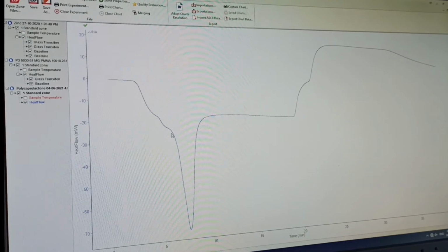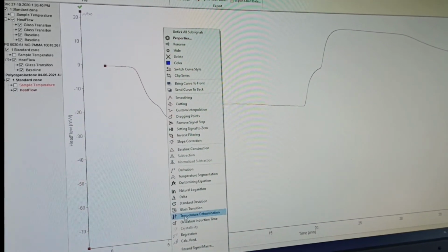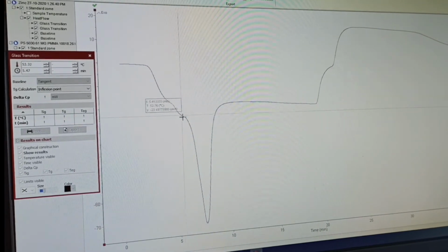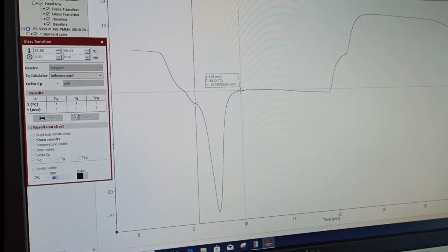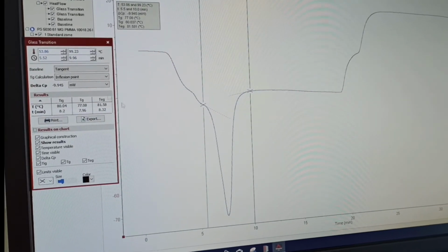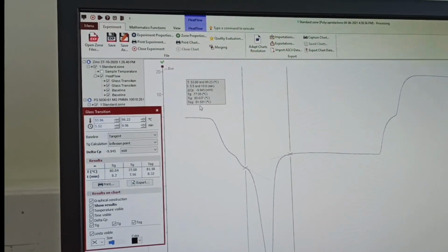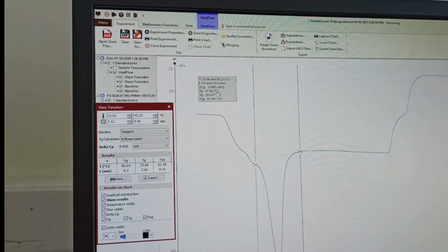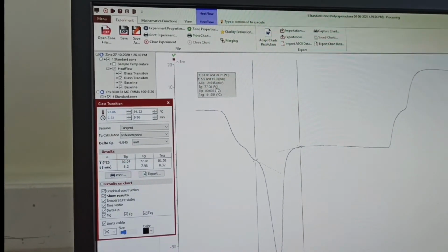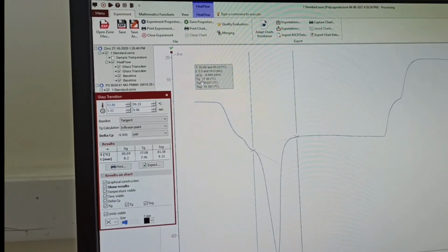Now if you want to find the Tg, you can click on that, go to glass transition temperature, and select these two points where your transition ends. So you will find from here that the Tg of the sample is 77.08 degrees Celsius. It will be somewhat different from your theoretical value,